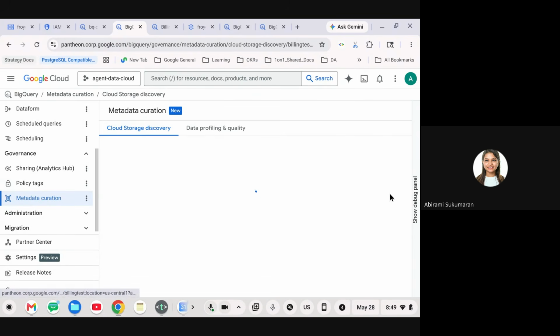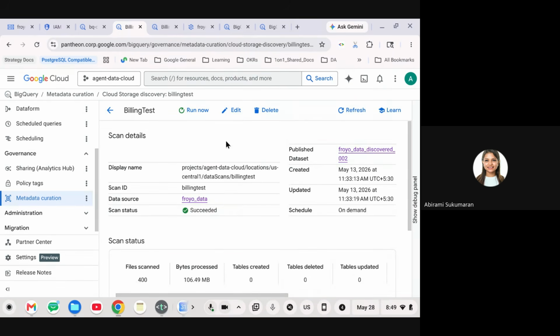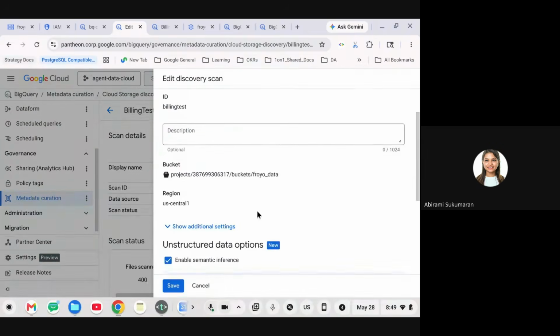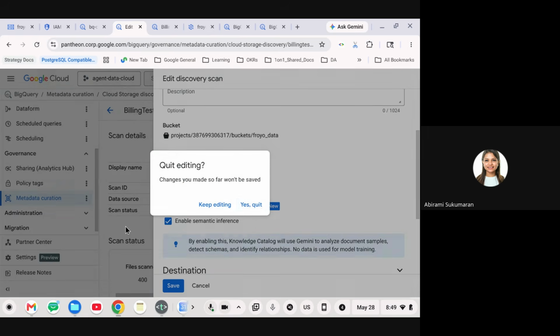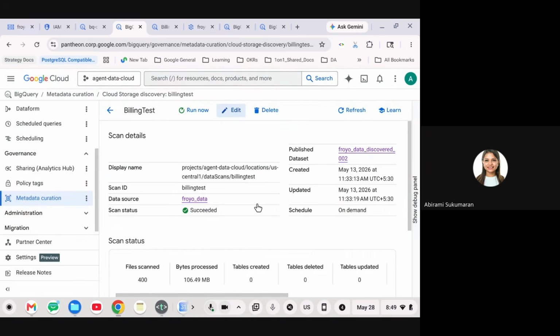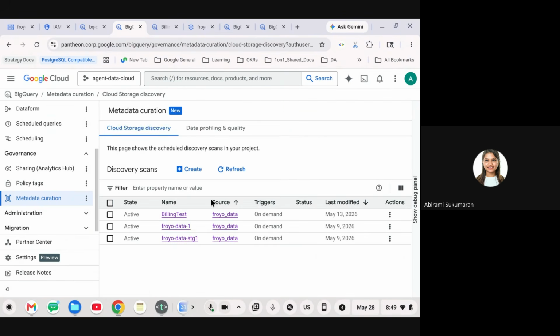Now, if you have selected the semantic inference right here, where is that? Yeah, this enable semantic inference is selected. It is doing the AI driven knowledge graph contextual connection between your files, the data that you have. If this is checked, sometimes if there might be inconsistent runs, it might be succeeded with errors. So you may have to go through a second run if required in order to go through the end-to-end successfully. But it's not always the case. It's not consistently an error.